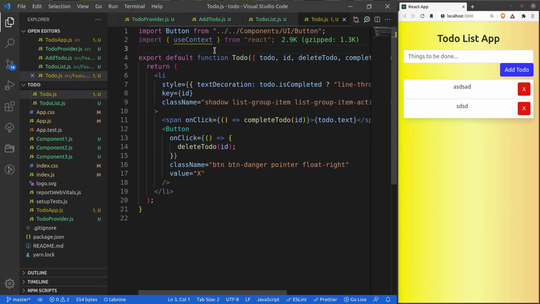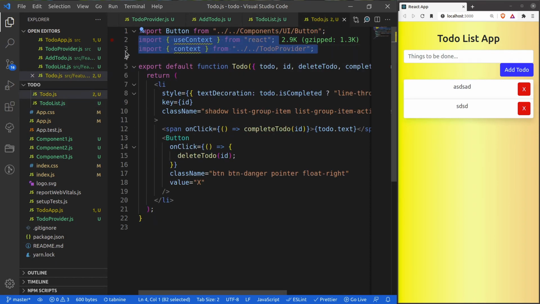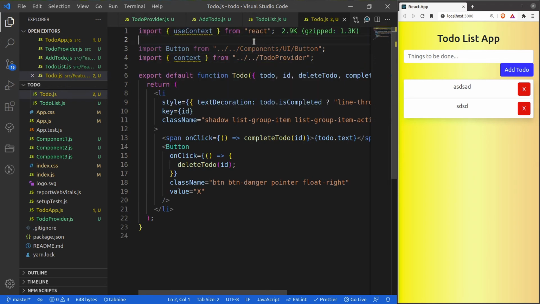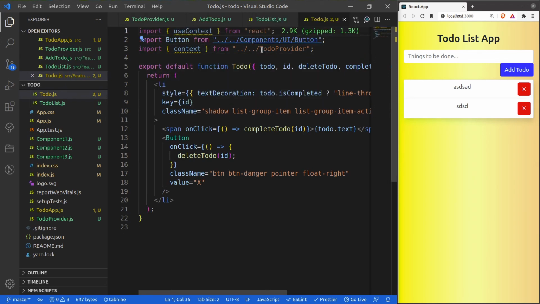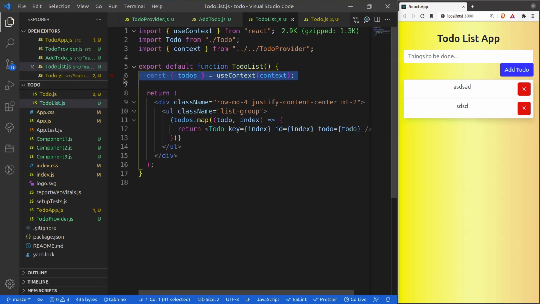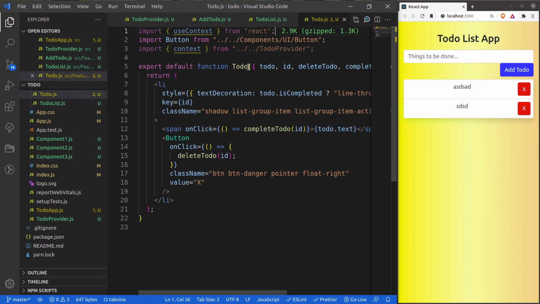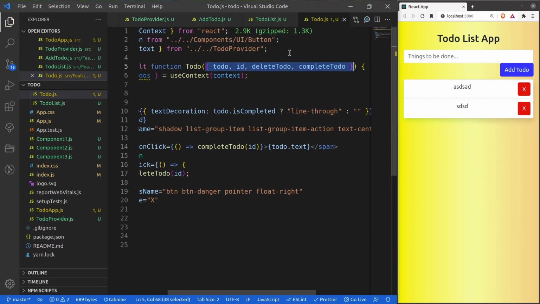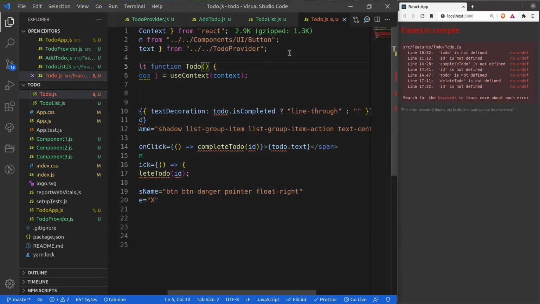Let me copy paste the stuff. Let me actually paste the library file at the top, and then what we will do is, okay, now we actually don't need these properties, right?